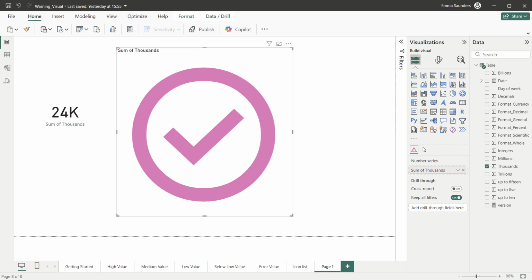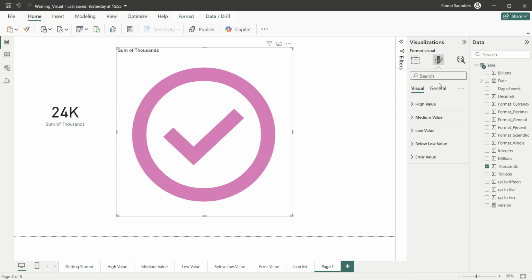To get started, just click the warning icon and then drag a number series into the data well, and you can apply any aggregation you like here. Now we're using sum of thousands, which is also shown here on this card, so we know that this value is 24,000. Which icon displays here, and which tooltip and which colour, depends on the settings that you set in